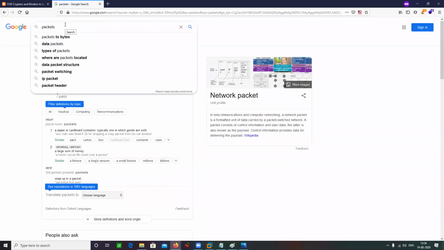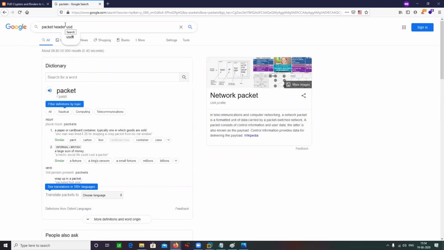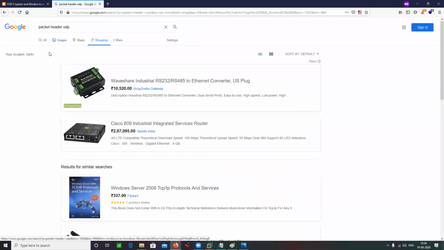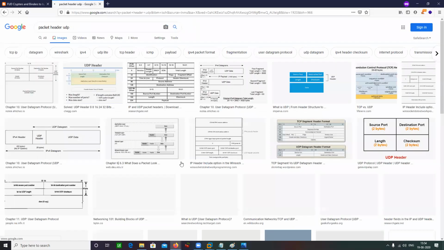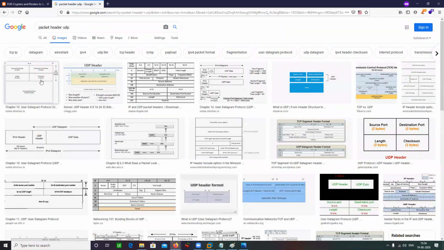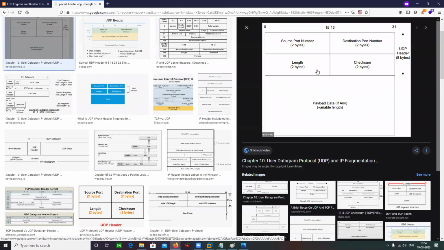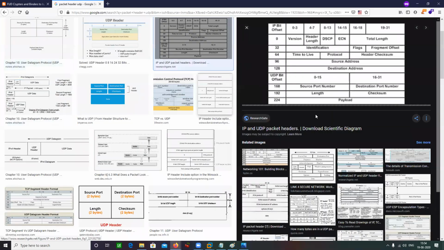Let's say UDP. This is how your UDP header looks like. Very small header. And I believe this is how your TCP header looks like.